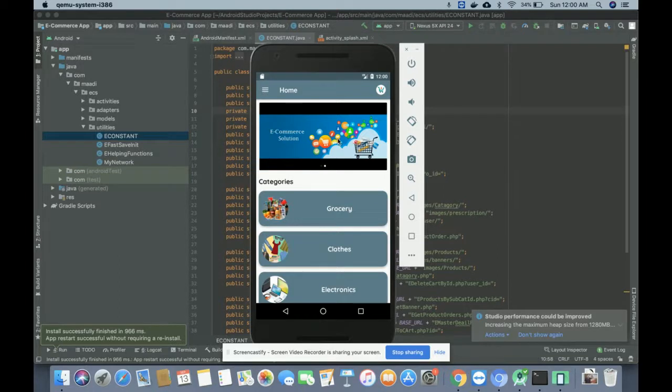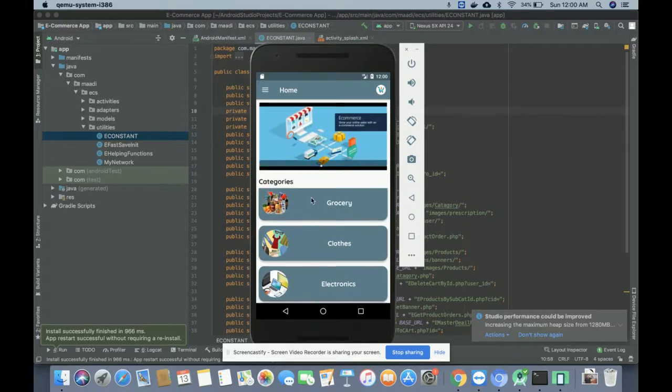You can see there is a banner on the home page, and this banner is coming from the database, right? The admin has uploaded these banners. I will show you later how the admin uploads the banner and how these banners come to the Android application. After the banner, these are the categories.